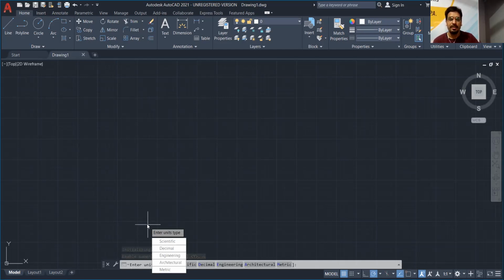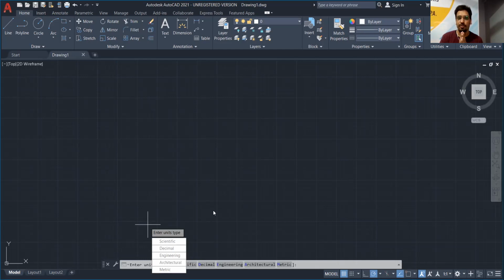The next command after enable paper space is to choose the units in AutoCAD. In AutoCAD there are a number of units, and in the engineering field there are meter, centimeter, millimeter. So we have to select no units.